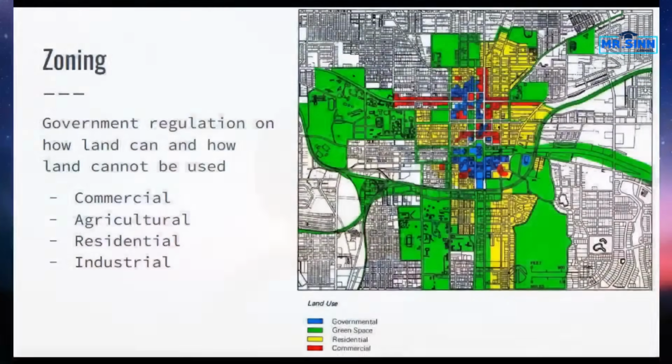And you're going to get a lot of terms now. And before we do, though, I want to highlight zoning, because this is a big concept that kind of comes up when we're looking at this. So zoning here can happen in a variety of different things. This is how the government is regulating land. So it could be we're zoning it for commercial, agricultural, residential, industrial. What we're trying to do is designate land. And this is going to show what it can be used for. So if it is residential land, you can't build a Walmart in that area. It's zoned for residential. And this helps with urban planning and trying to keep things pretty consistent and make sure that things are on the up and up.